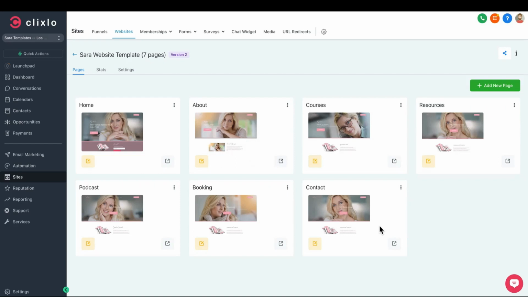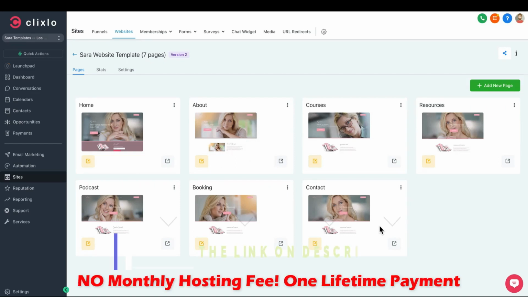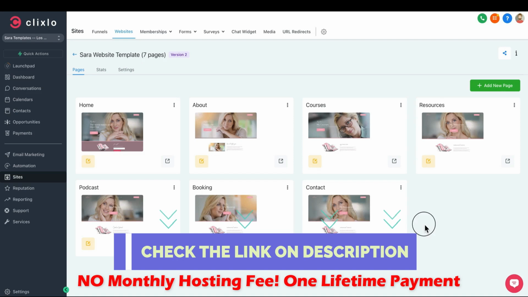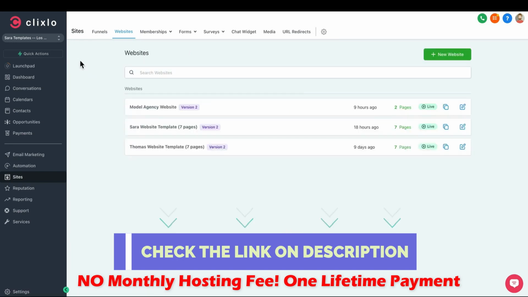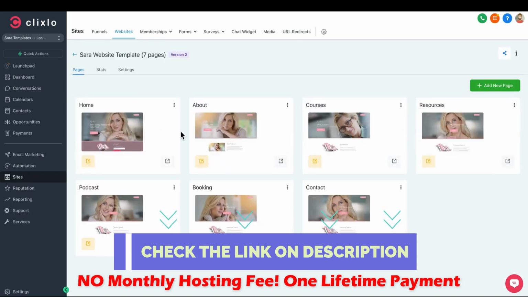How to create a website, how to create individual pages, and how the website builder works here. So, into a little more detail on this demo. First and foremost, you can go to your pages here under Sites and then under Websites and click Create New Website. In this case, I will just click on one we've already created here, which is our Sarah